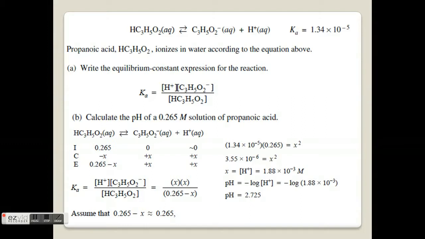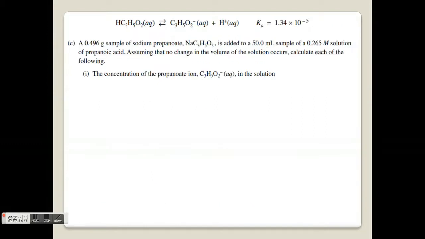For question 1c, we add 0.496 grams of sodium propanoate to a 50 milliliter sample of the 0.265 molarity solution of propanoic acid. In part I, we are asked to find the concentration of C3H5O2 minus in the solution, and we assume no volume change. To do that, we calculate the moles of